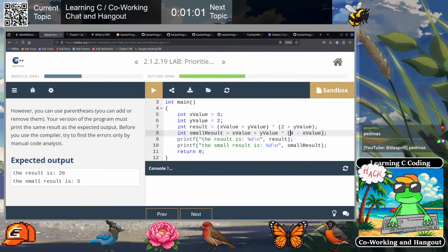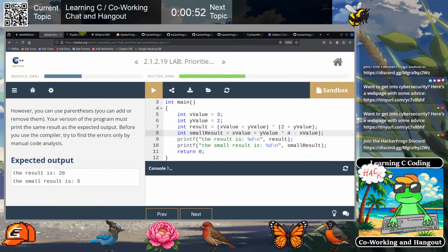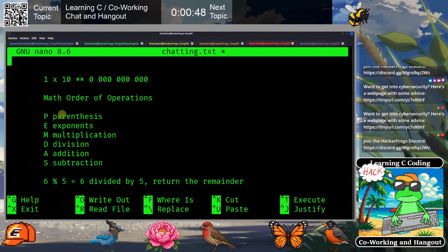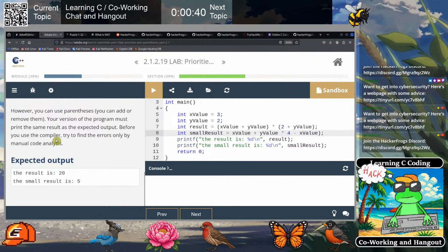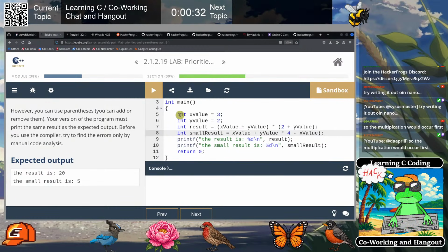Maybe like, well, that doesn't really work. PEMDAS. Yeah, we're dealing with parentheses, exponents, multiplication, division, addition, and subtraction. But they tell us that the only thing we can do is put in parentheses. Try writing it in nano. Okay, so...